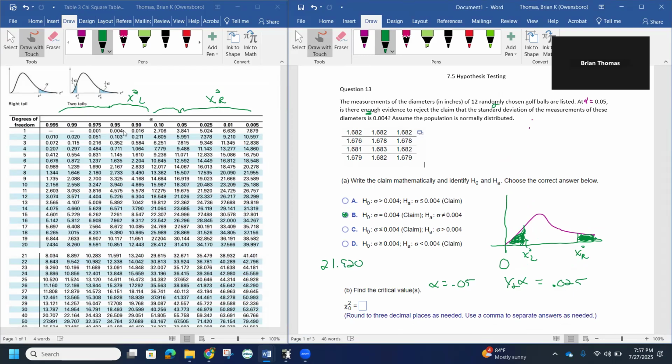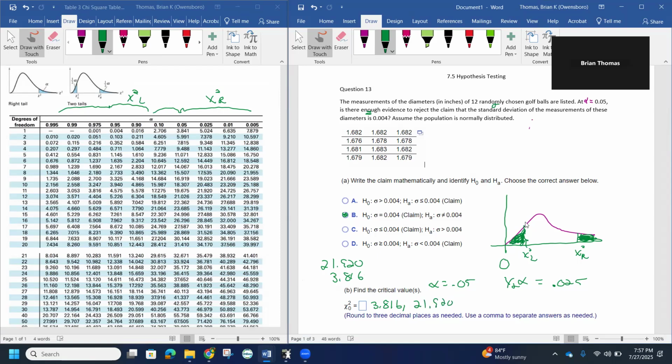Then, since that was 3 this way, by symmetry we go 3 the other way, or in other words 1 minus half alpha. So 1 minus 0.025 is going to be this 0.975. But instead of doing the math, we can just see symmetry. If we have this 0.025, then we're going to have this 0.975 for chi-squared L. If we go down to degrees of freedom 11, we're seeing 3.816 for this example. So our critical values are going to be this 3.816 and this